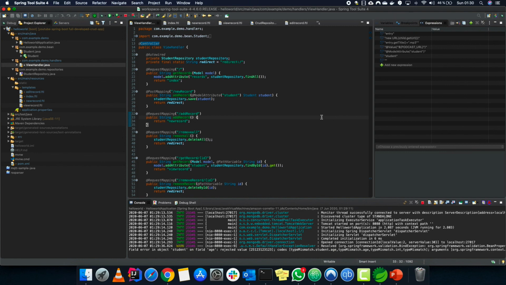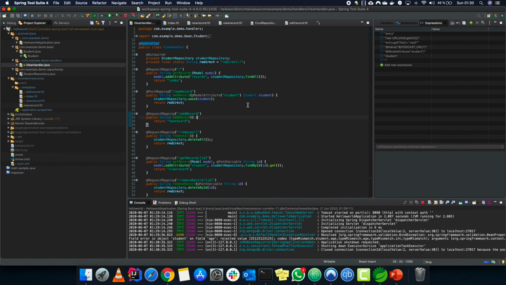Maybe if I get the time, or if we have enough demand, I'll change this particular simple application into microservices. With microservices we'll use a Docker container system. We'll be creating a Docker based application in which we'll have 2 services. One of those services would be this particular application running as a jar, as a single container. The other application would be MongoDB running as a Docker container.